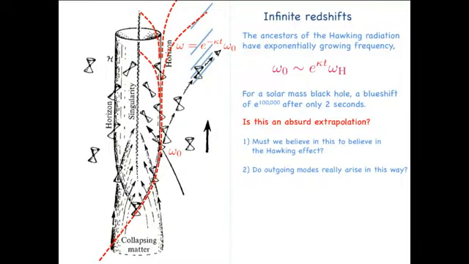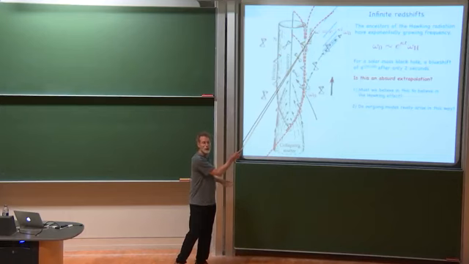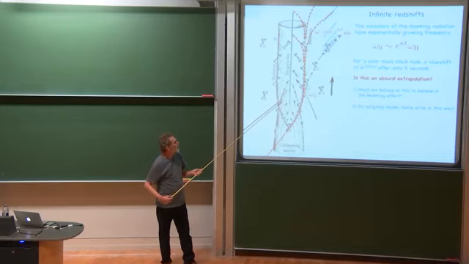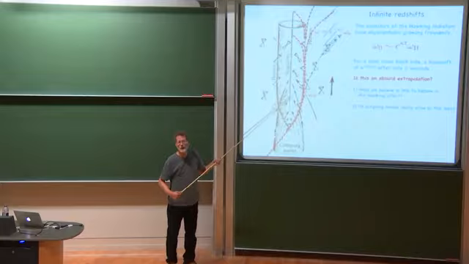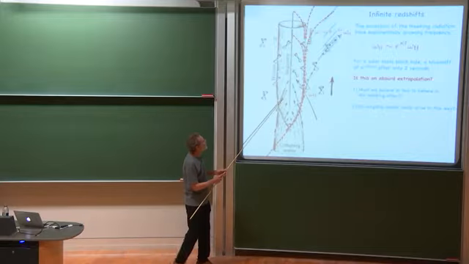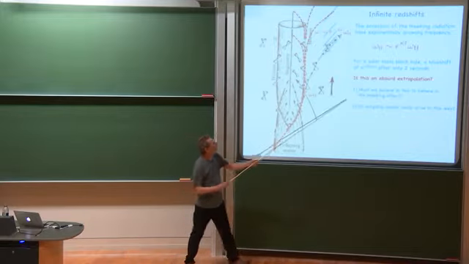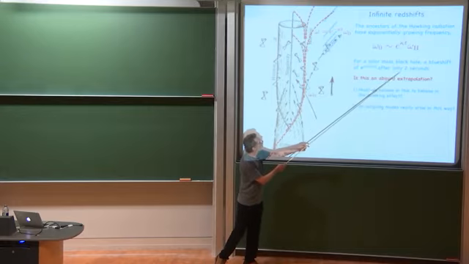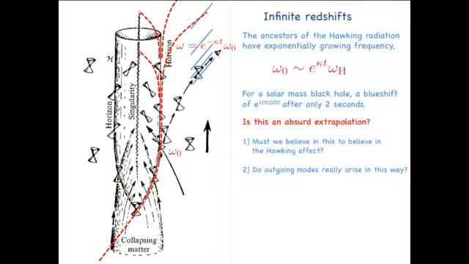So as I said, if we wait longer and longer, the outgoing frequency is related to the ingoing one here by an exponentially small factor. On the other hand, if we're looking at Hawking radiation, we want to fix the outgoing frequency to be of order the Hawking temperature divided by h bar, and trace backwards in time and see which vacuum fluctuations gave rise to that Hawking quantum. And so then we get the reciprocal of that redshift factor. We get the blue shift factor e to the kappa t. And after only 2 seconds for a solar mass black hole, that's e to the 100,000.